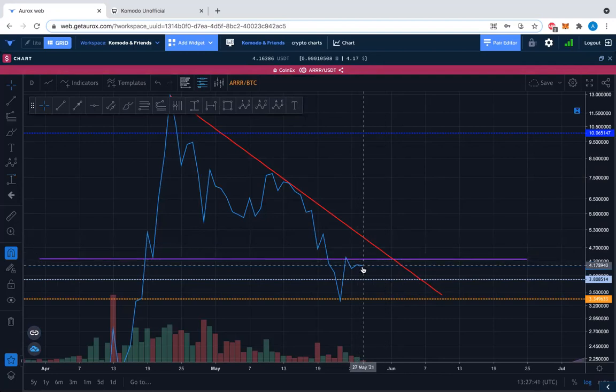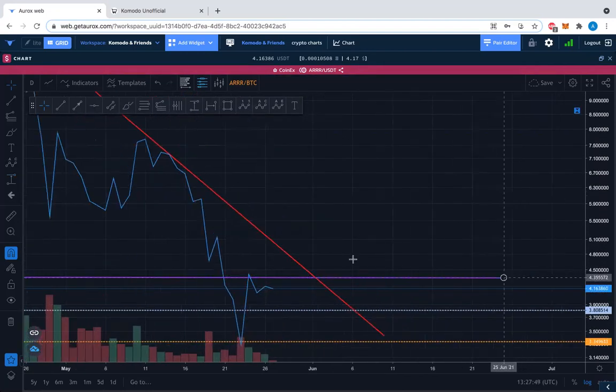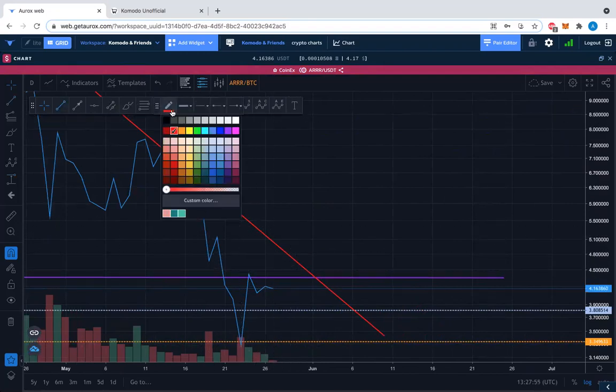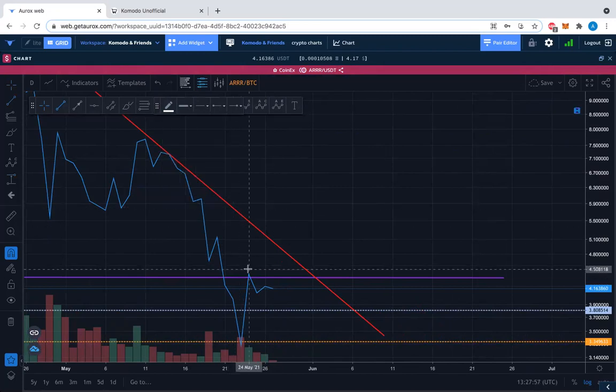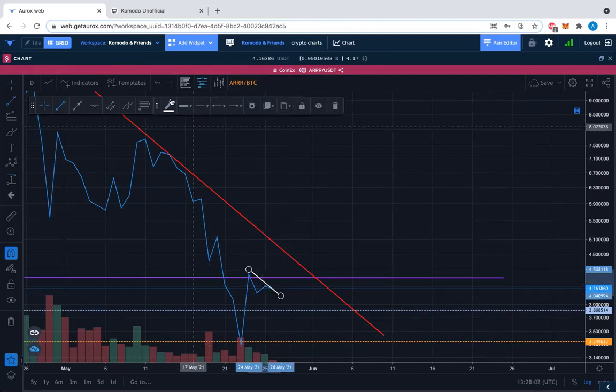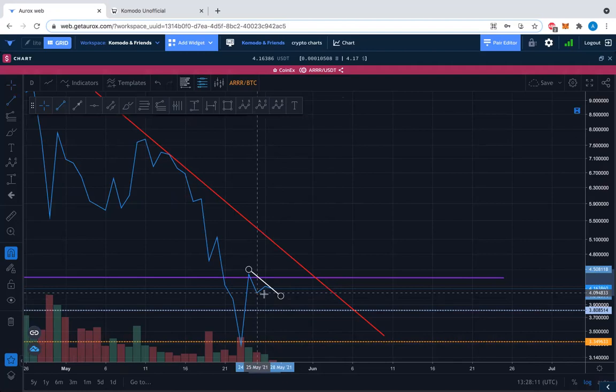And here we have that higher low compared to this low. What does that mean? It means here we are forming more of, let's give it that white color again, bright light. So that's where we are right now. That would be interesting. This is not a proper triangle, okay? But it will tell us what's happened.